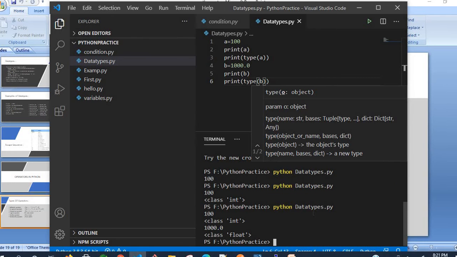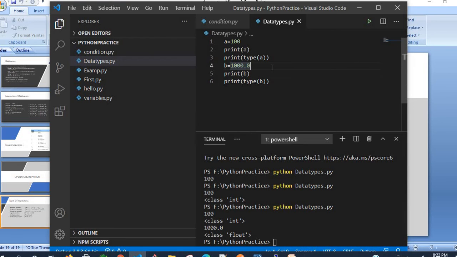take the same command, hit enter. See here, this is the last command I executed. Here first one is the A value and type of the A variable. This is the B value and this is the type of the B variable. Why it has given as float? Because the decimal points I have given here. The B variable is going to hold the decimal value along with the real value. Decimal thing I have added, so it is displayed as float.